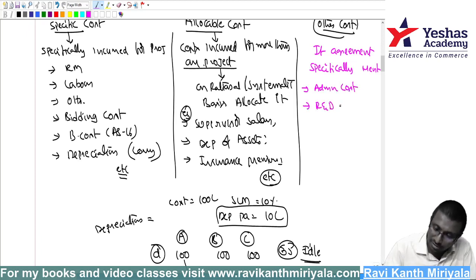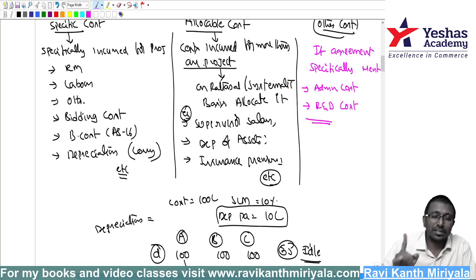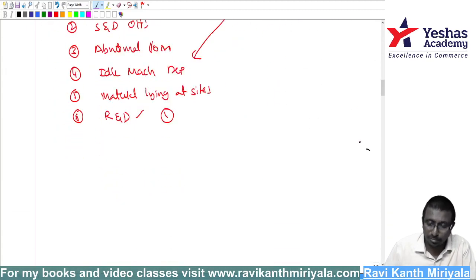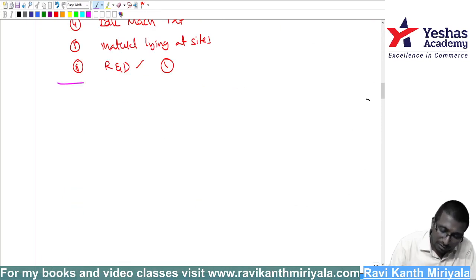Even R&D cost also, if they mention these two items very clearly and specifically, then it is going to be part of construction cost or cost of construction or contract cost, basically. Got my point? Otherwise, generally no. If it is specifically mentioned, you are supposed to take this information. Getting my point?